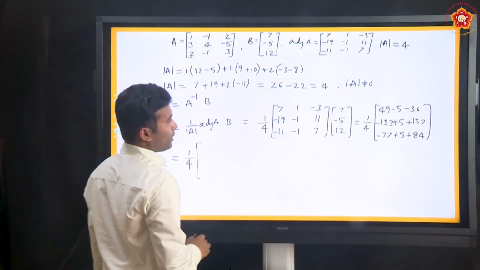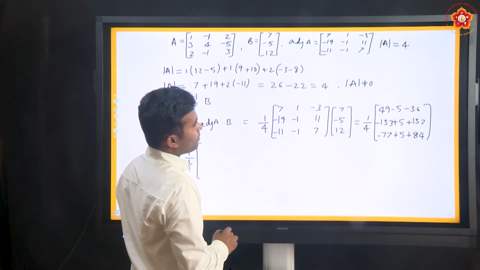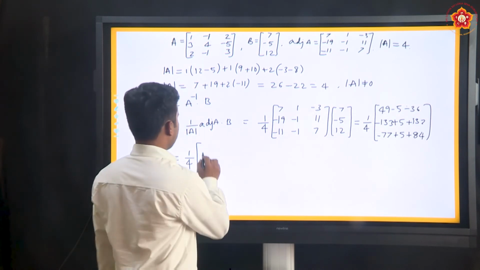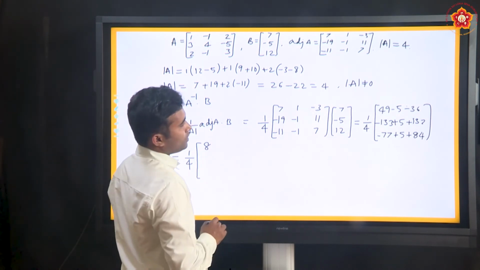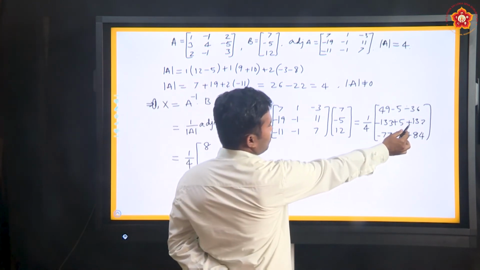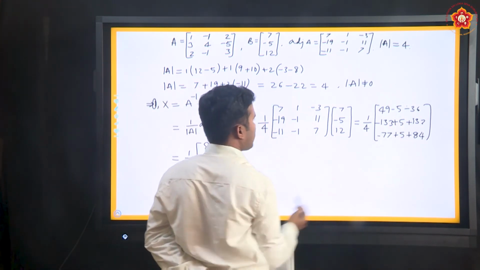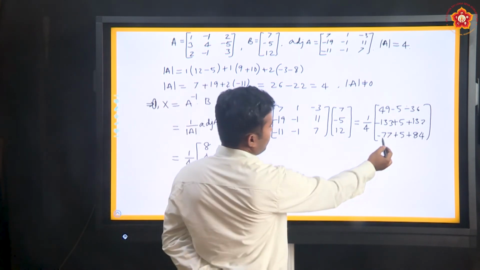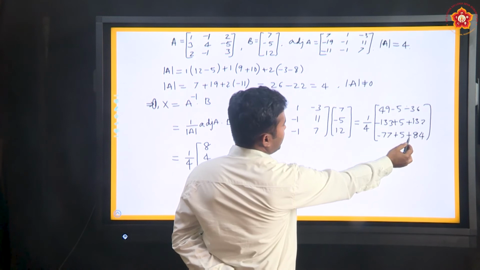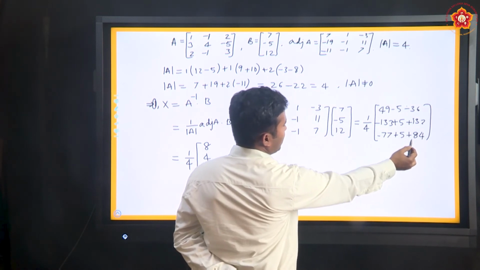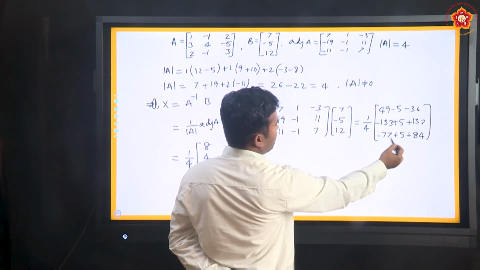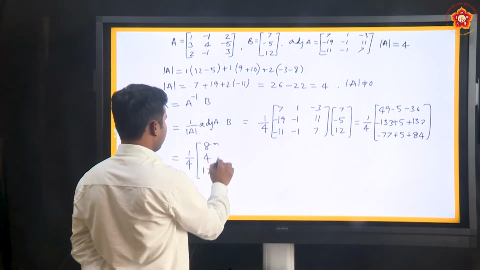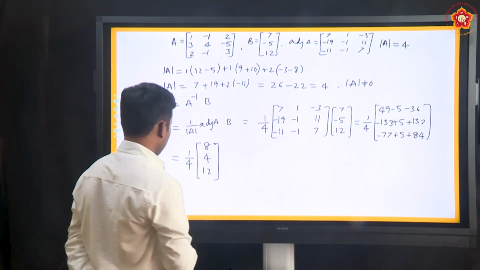So, you can simplify 49 minus 48, 1, minus 133 plus 132 is minus 1, minus 1 plus 5 is 4, and here minus 84 plus 5 is 89, 89 minus 77 is 12. Okay. So, this is equal to,